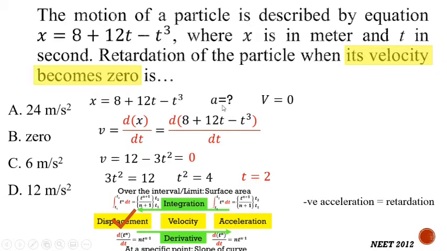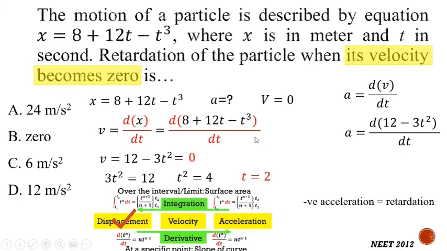But to find out acceleration, we need to again take the derivative of this equation. This is the velocity equation. So acceleration is nothing but dv by dt. Again here 12 minus 3t square, 12 is the constant term, derivative of constant term is 0, minus 3t square. Here t square, derivative of t square is going to be 2t, and it will multiply with 3, it becomes